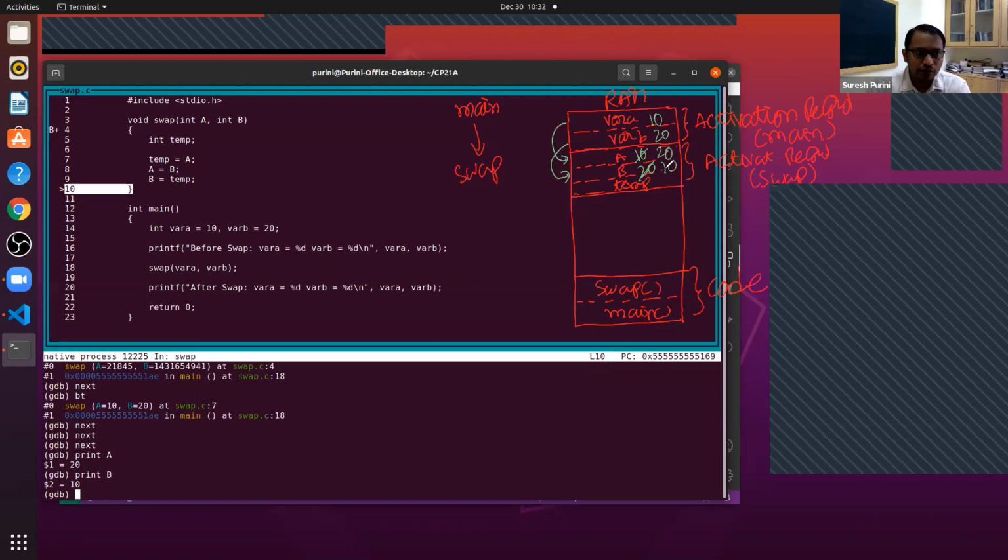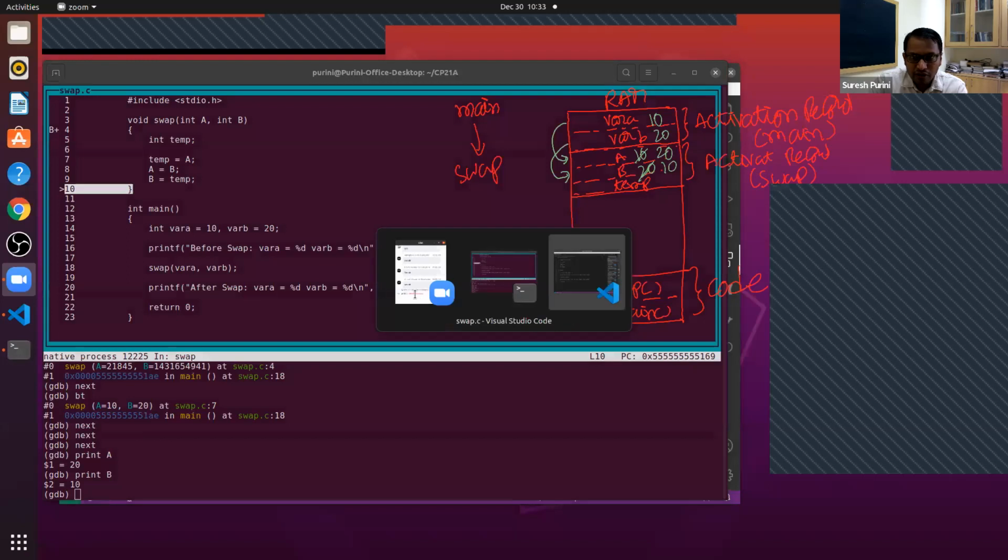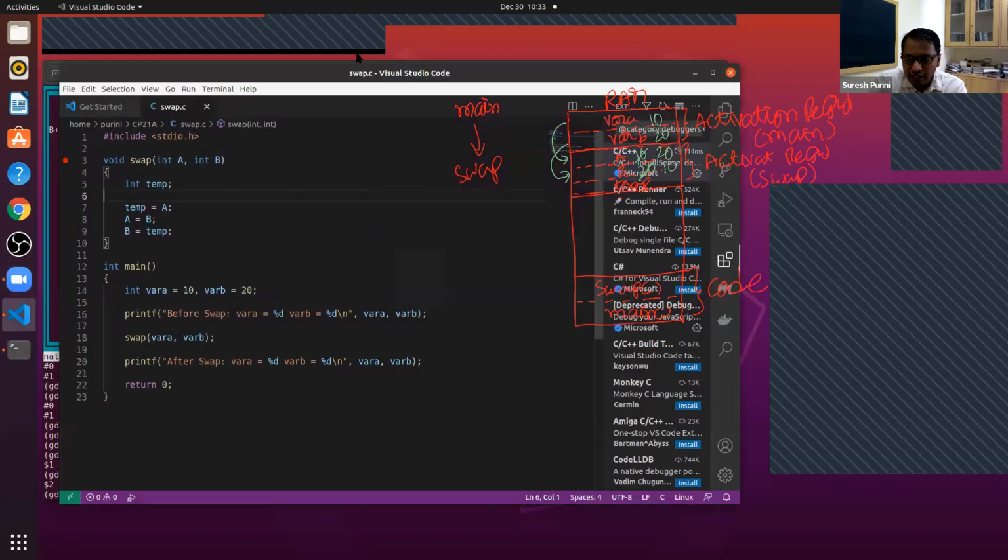So now we want to do better. We want to solve this problem, because the swap function is not working. So now let's go back to our code. Let me clear all my drawings.